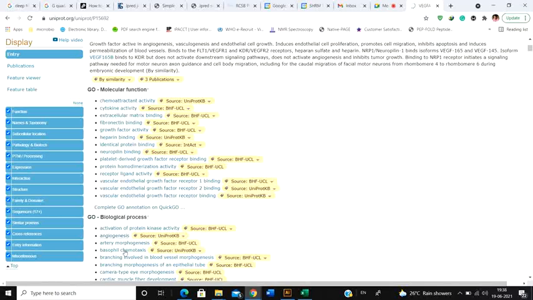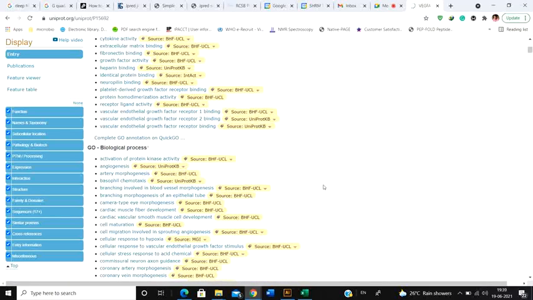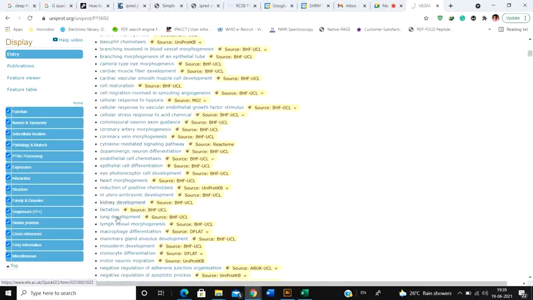And next you get to see the biological process. This is the function of the molecule, but what is its implication in terms of biology? How does it affect the biology? Now, if this molecule has a growth factor activity, then the biological process is obviously cellular growth, right? And how does it help? It helps in cellular growth by taking part in angiogenesis. Next you see it has cell maturation. Cellular growth means cell maturation, right?